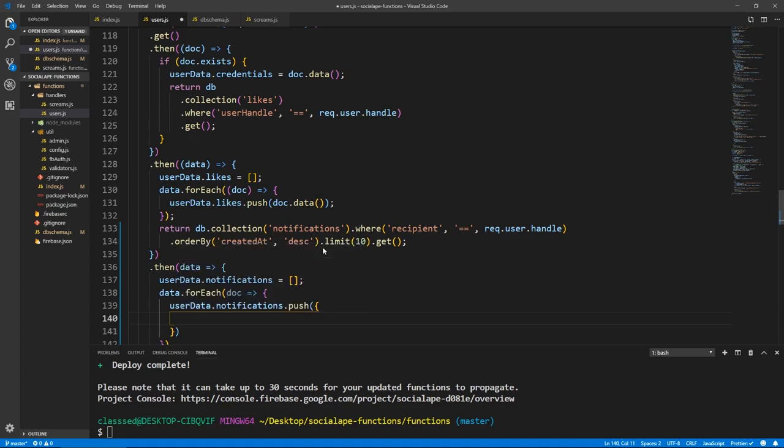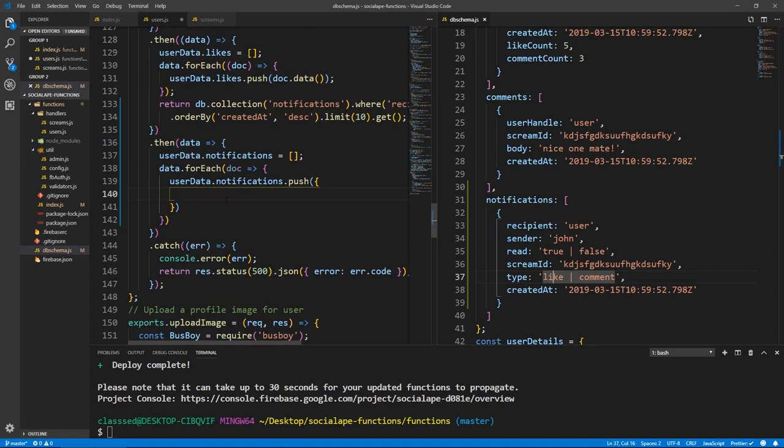So what we're going to do is push all the fields one by one. Let me put this on the side, just to remember what we have.